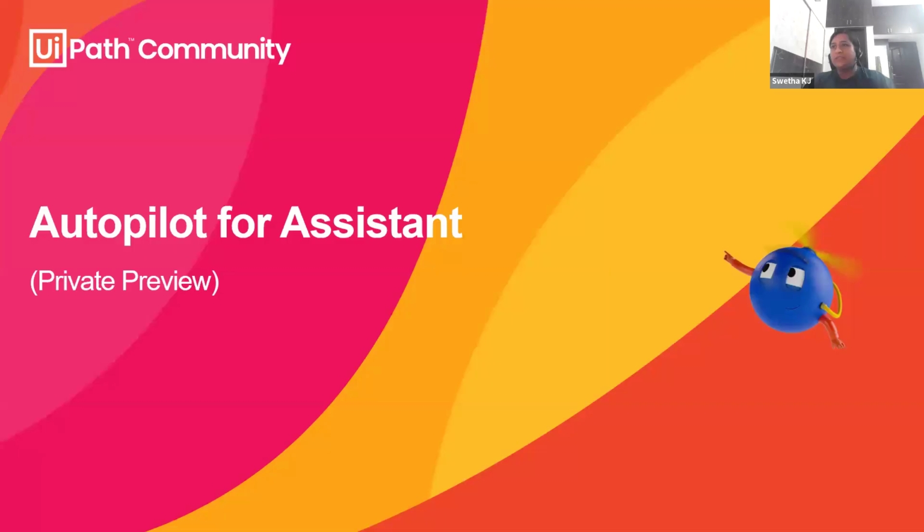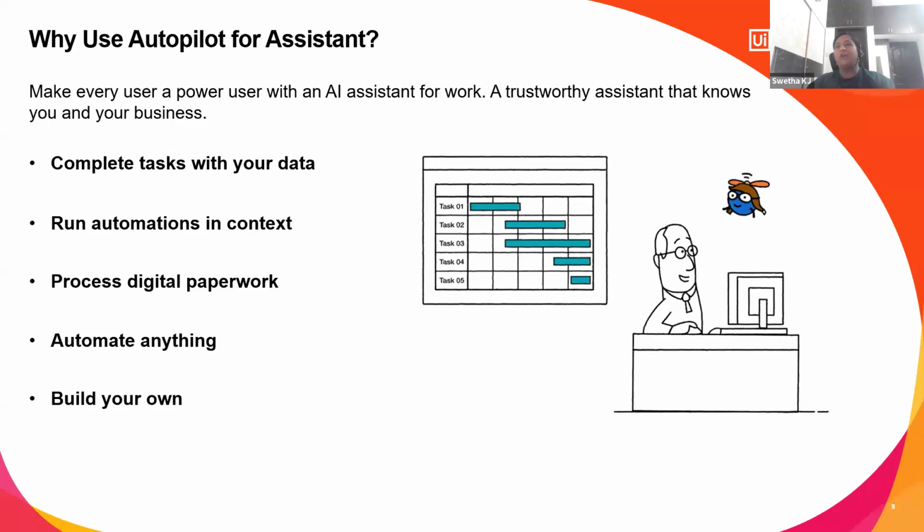Next slide, Shreya, please. Moving on, Autopilot for Assistant. We just heard about Autopilot. Now, how are we going to use it for business users, and how is it available for everyone? Autopilot for Assistant is how Autopilot is being brought to everyone, where Autopilot can significantly enhance the capabilities of UiPath Assistant, which is a centralized interface for managing and executing automation tasks.